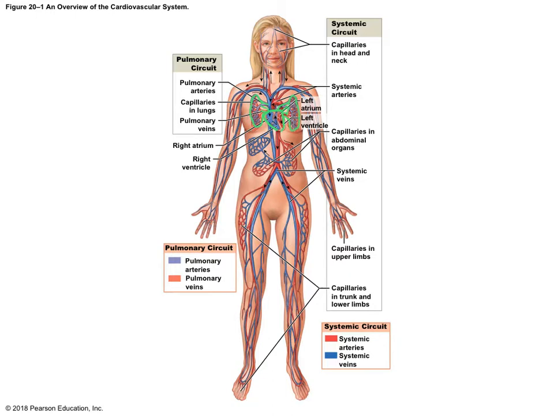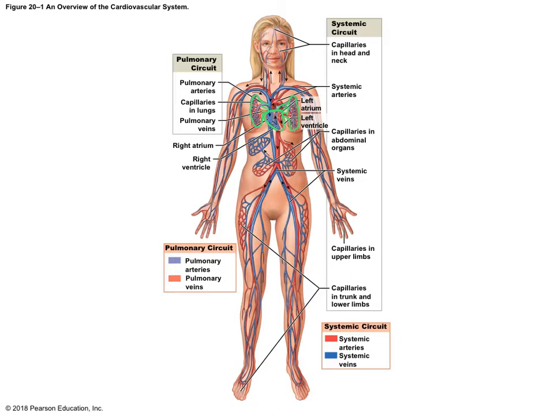And any blood that is going away from the heart and towards the lungs, the reason it's doing that is because it is going to go there to pick up oxygen. And then after it picks up oxygen, it will return to the heart through other blood vessels to bring the blood back to the heart so the heart can then pump it to the rest of the body. Okay, now let's look at